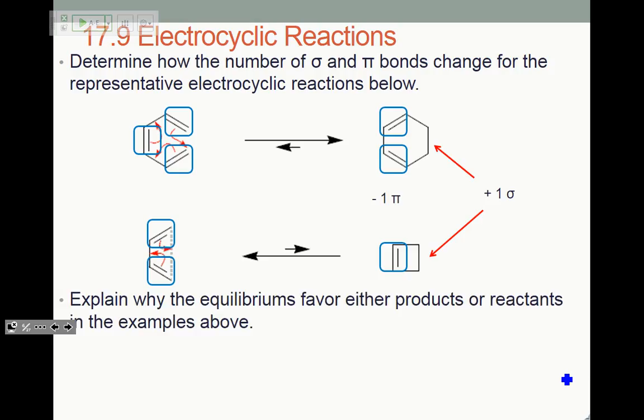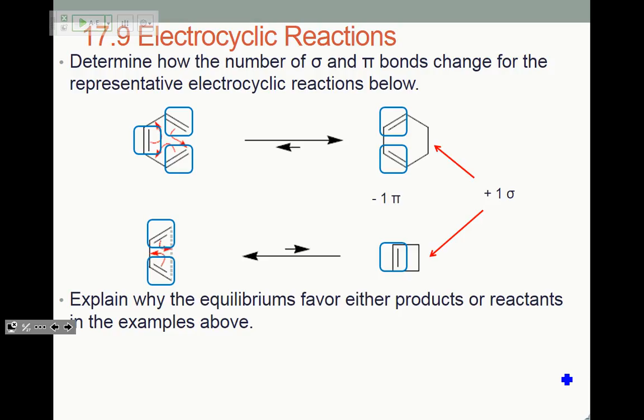In the top one, our equilibrium favors the product, but in this bottom example, our equilibrium actually favors the starting material. So if we're looking at these, one thing we're thinking about is thermodynamics. So which of our products are more stable? And for both, we're losing a pi bond and forming a sigma bond, which is typically lower in energy. But if we look here,